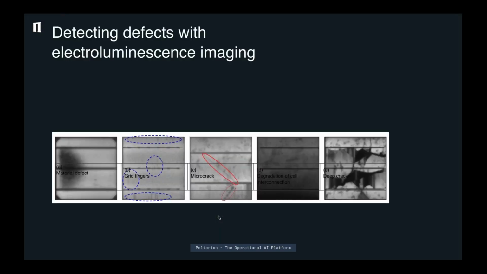So our use case for today is based on a data set collected by researchers in Bavaria, an institute there for applied energy research, and it's about electroluminescence imaging of solar cells, where current is injected into the solar cells, which will then emit light at a specific wavelength that can be imaged with a sensor. And this will make defective parts of the solar cells turn darker, get a darker color in the resulting